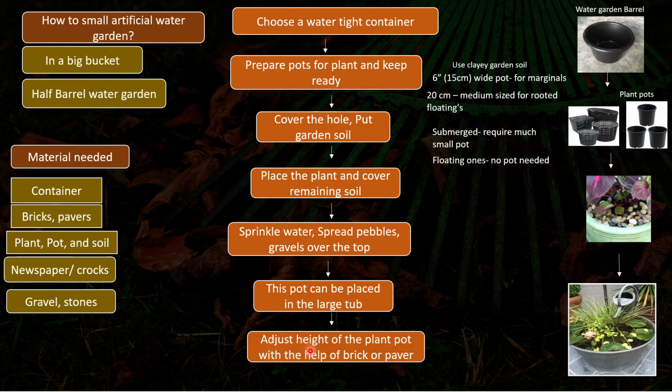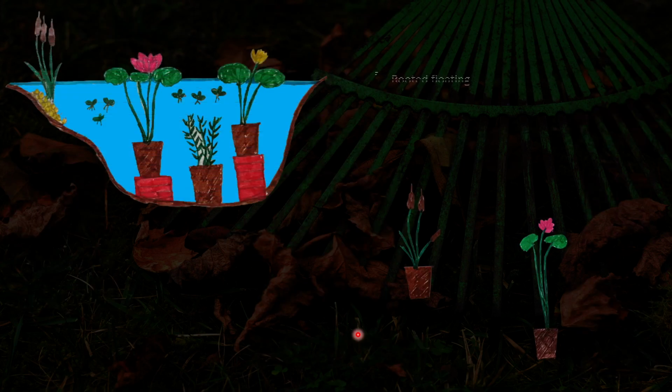And how will you adjust the height? You need to adjust the height of the plant with the help of brick or pavers. So this brick or pavers are mainly for adjustment of height, because the rooted floating ones will require certain height, the marginal ones will require certain height. So use paver blocks or bricks accordingly. Now